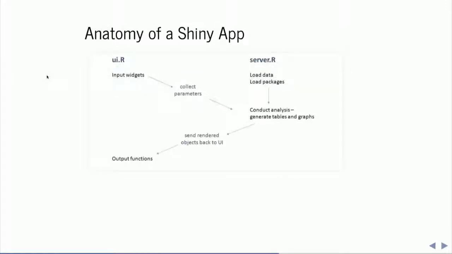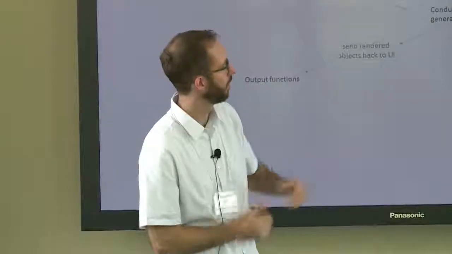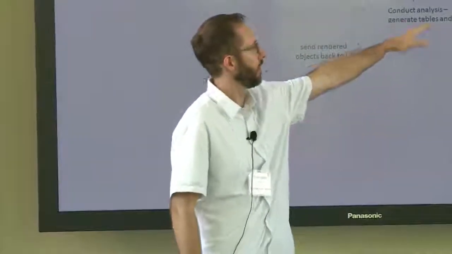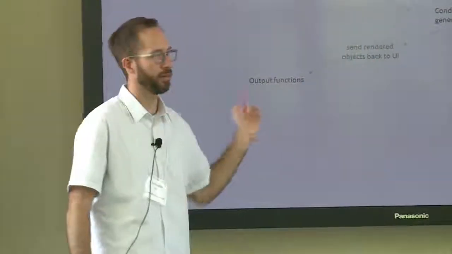So obviously we haven't really worked through all the details, but this is the architecture of a Shiny app. User interface, you've got some kind of widgets or text boxes that would allow you to collect, say, your survey data. Then you've got your server script, which is loading data, maybe making API calls if you want to build an app that merges survey data and API data. It's doing some type of analysis, and it's outputting something back into the user interface for the user to look at.